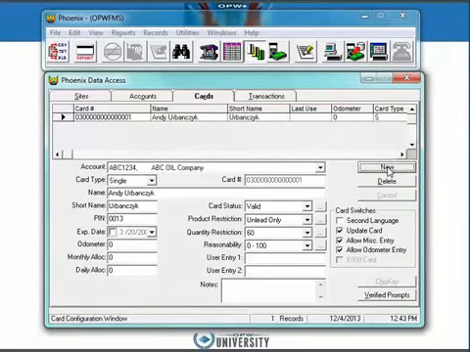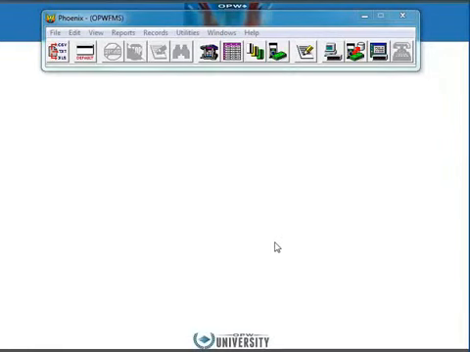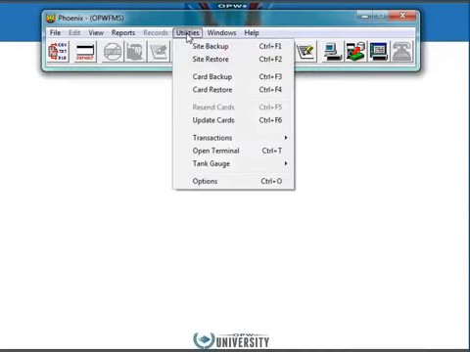Now that we've entered in the system account and the card record for that system account, we need to transfer that information from Phoenix to your fuel site controller. To do that, you click on Utilities, and off your Utilities menu selection there's a choice called Update Cards. What this function does is it creates an update file in Phoenix for every site that you've got configured to send the update file with the information that you just created for accounts and cards, system accounts and cards